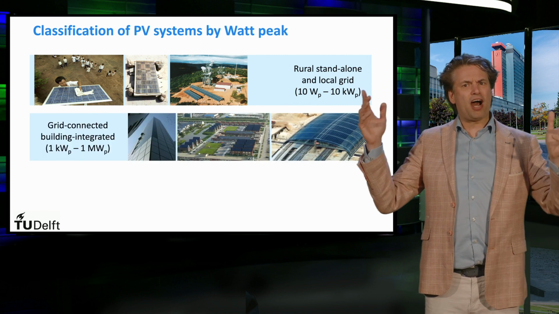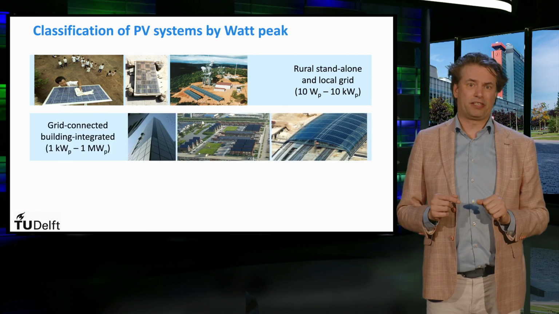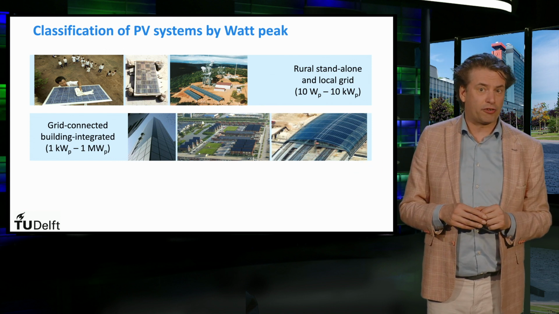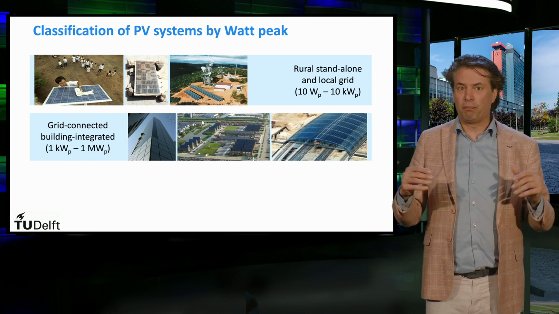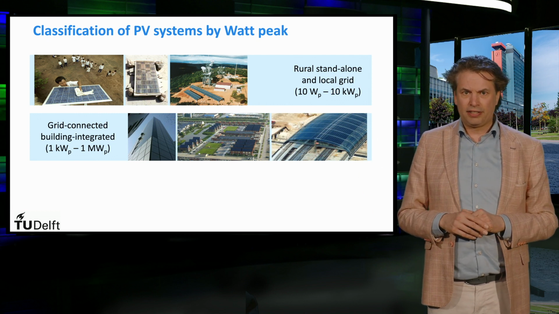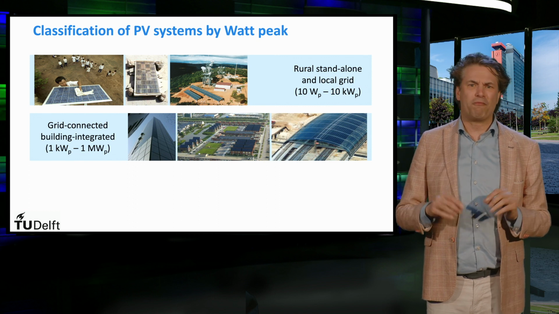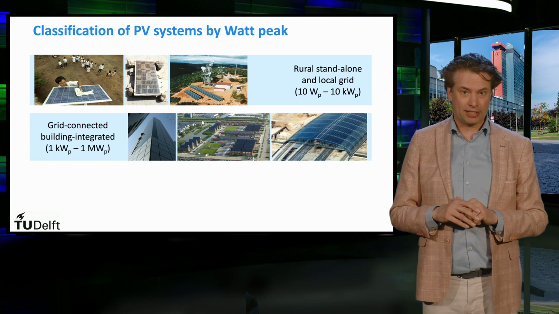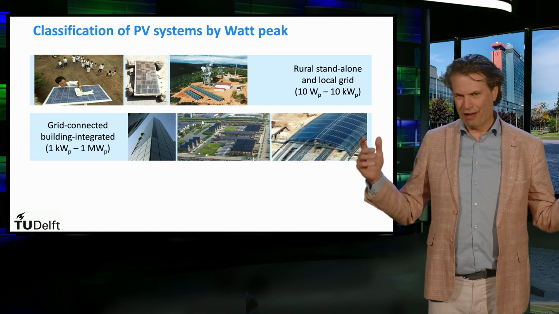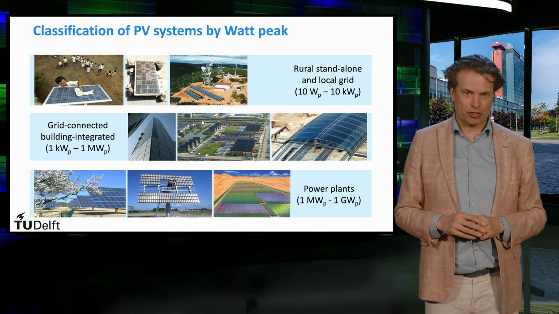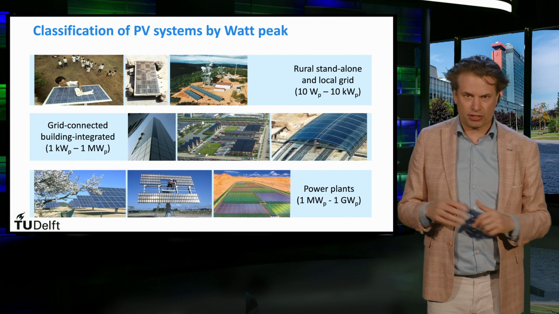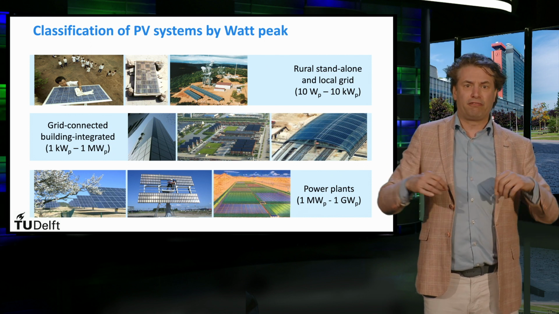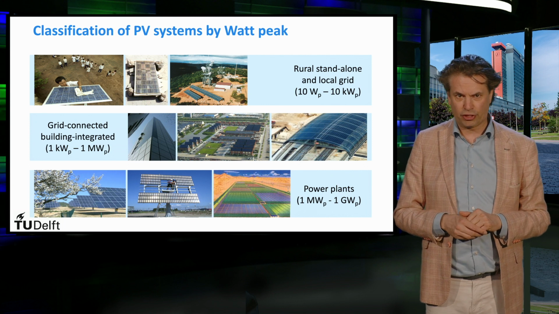Going up in power, there are grid-connected building integrated systems. These can be found, for example, on the facade of a skyscraper, on the rooftop of a residential buildings and train stations. This topology is easily scalable from very small systems in the range of 1 kilowatt peak to megawatt peak scale installations. Finally, we have power plants with a peak power of several megawatts. Solar power plants are connected to the electricity grid via three-phase inverters.